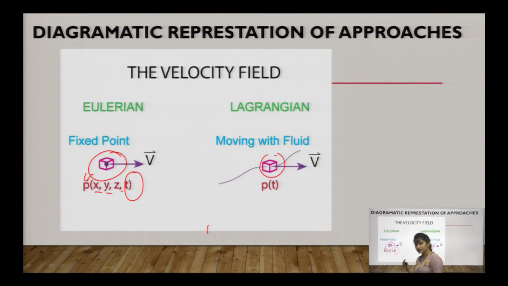If we focus on the current workability of the approaches for calculation of motion of fluid, we will be able to see that the Lagrangian approach in our general day to day life is very infeasible or impractical. So, all the calculations of fluid motion are based on Euler's approach.